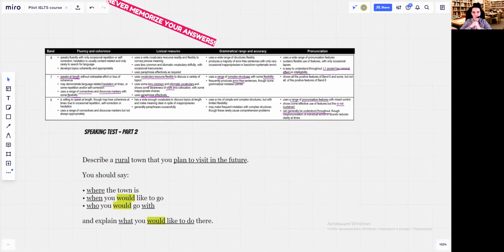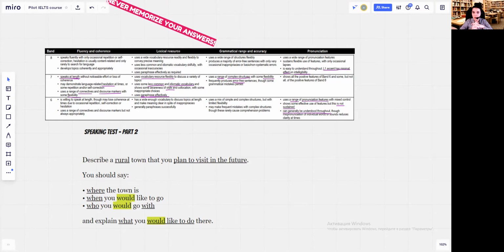So, what do you think? Do you remember the questions I asked you to think about? Well, the first question was whether the person covered all 4 points. And the answer is yes. However, he did not spend too much time developing the third point, who he would go with. He just briefly mentioned that he prefers to go alone for a couple of reasons. Is this fine? Absolutely.